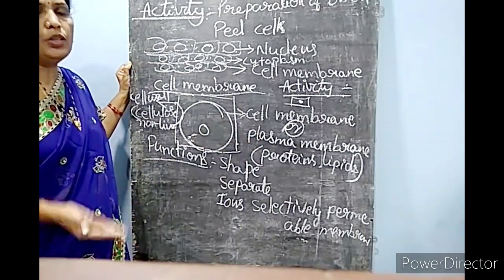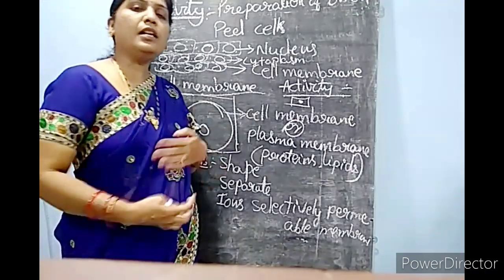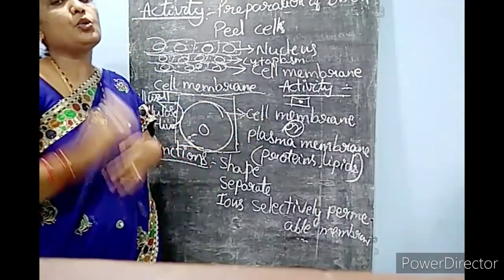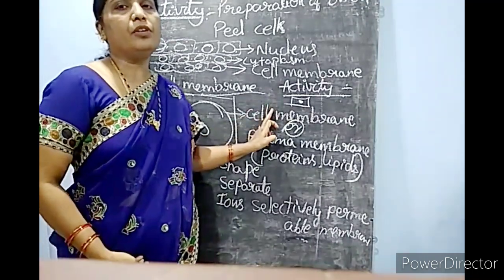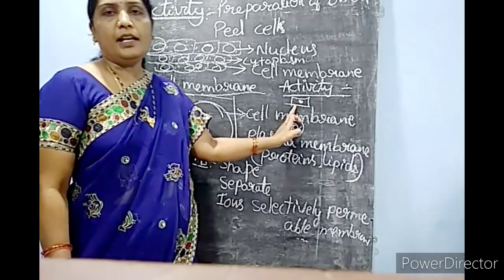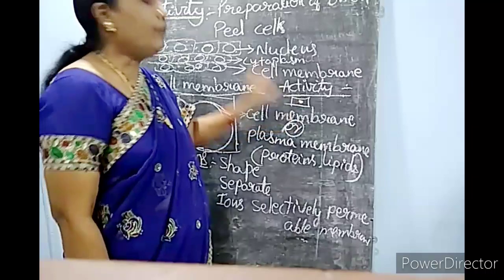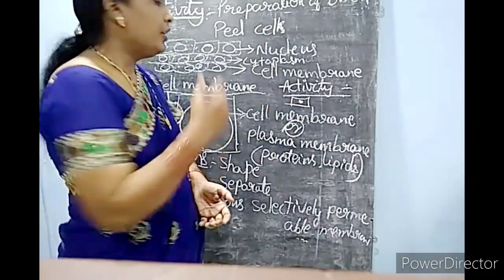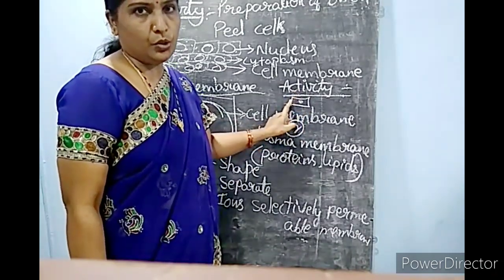You already know the use of methylene blue. Methylene blue gives color. It makes the cell parts visible colorfully. When the parts are colorful, it is easy for you to understand. So after adding the methylene blue, place a cover slip on this. If an air bubble comes, tap on the cover slip and then observe under the microscope.